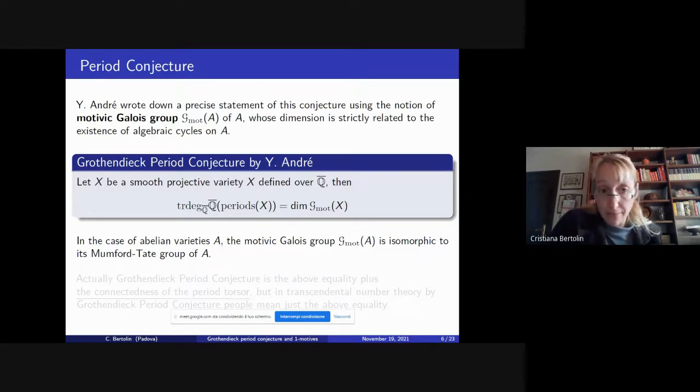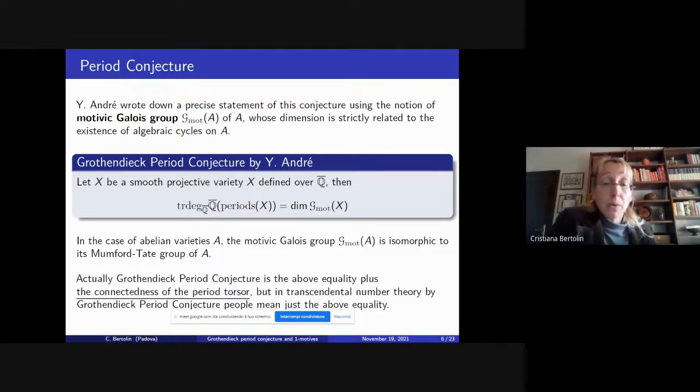In the case of an abelian variety, the motivic Galois group is isomorphic to the Mumford-Tate group. And this conjecture is related to what I've said, Grothendieck, because the dimension of the motivic Galois group is strictly related to the existence of algebraic cycles. In fact, the Grothendieck period conjecture is the above equality, that is the transcendence degree of the field generated by the periods of X should be equal to the dimension of the Mumford-Tate group of X, plus the connectedness of the